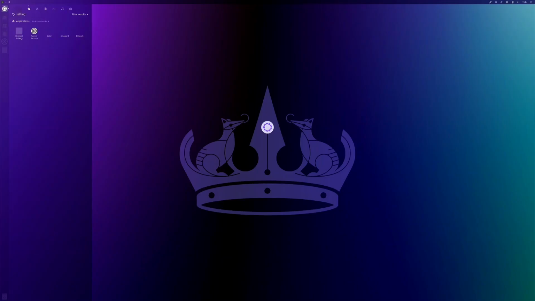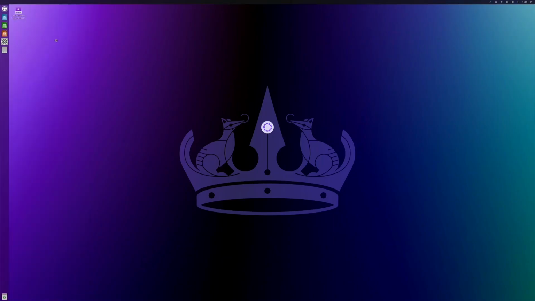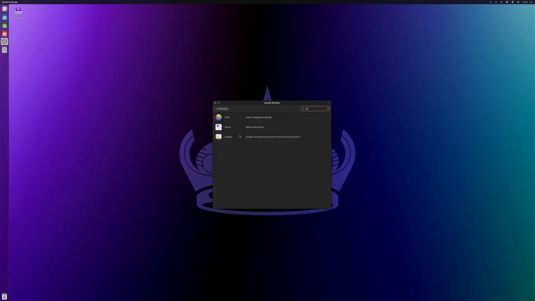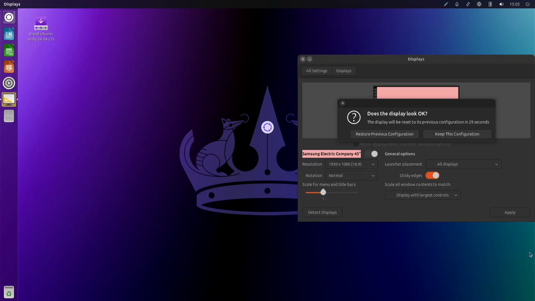Settings. Okay. We're going to go ahead and install before I really get into this. Displays. It's going slow because this thumb drive is slow. I forgot. This is a native 4K display, so it did the right thing. I'm not going to rag on it for that. I just need 1920 by 1080. I just need to scale it down so that everybody can see it. Actually, I have a hard time seeing it from where I'm sitting.